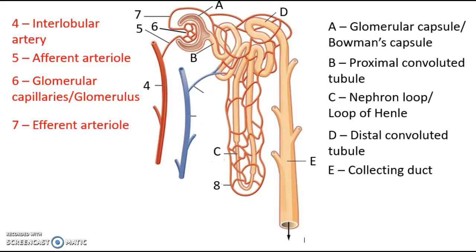Winding through the tubules deep into the loop of Henle, we have step 8, the peritubular capillaries. So we're back to capillaries from the arterioles, and when we're in capillaries, that implies things are exchanged. So some things will be exchanged between the capillaries and the loop of Henle. Then we have step 9, we're in the blue, so we're starting to leave the nephron